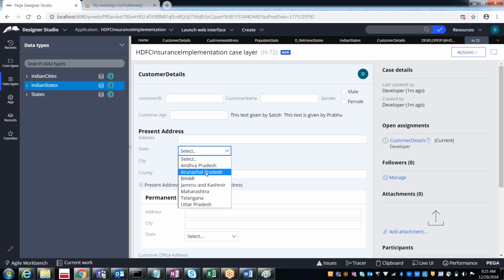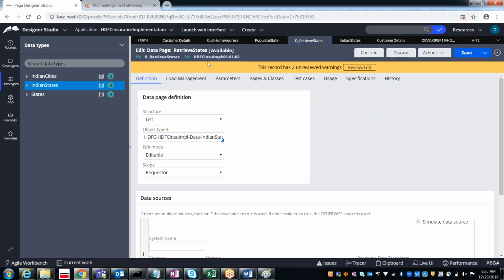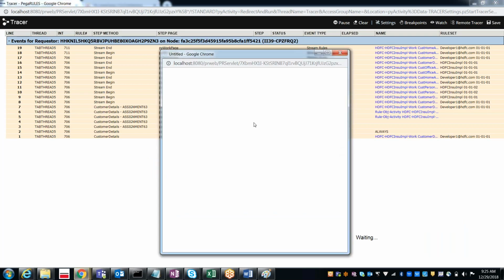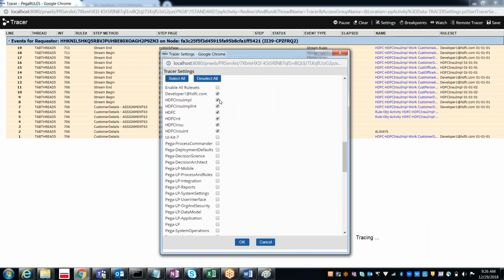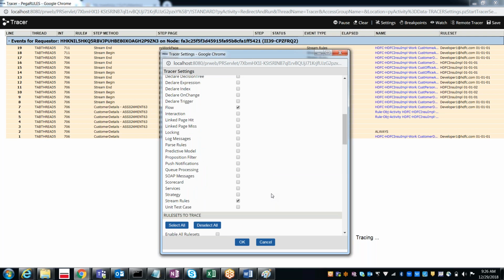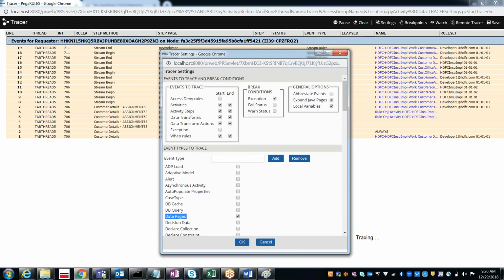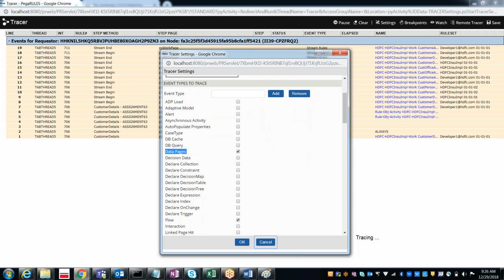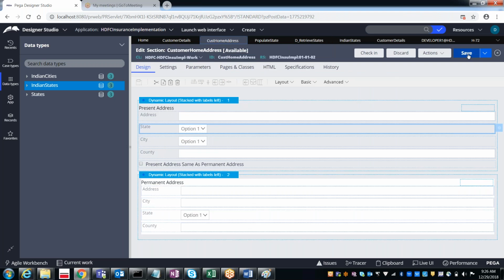Okay. It is a rule set. Show this data page.